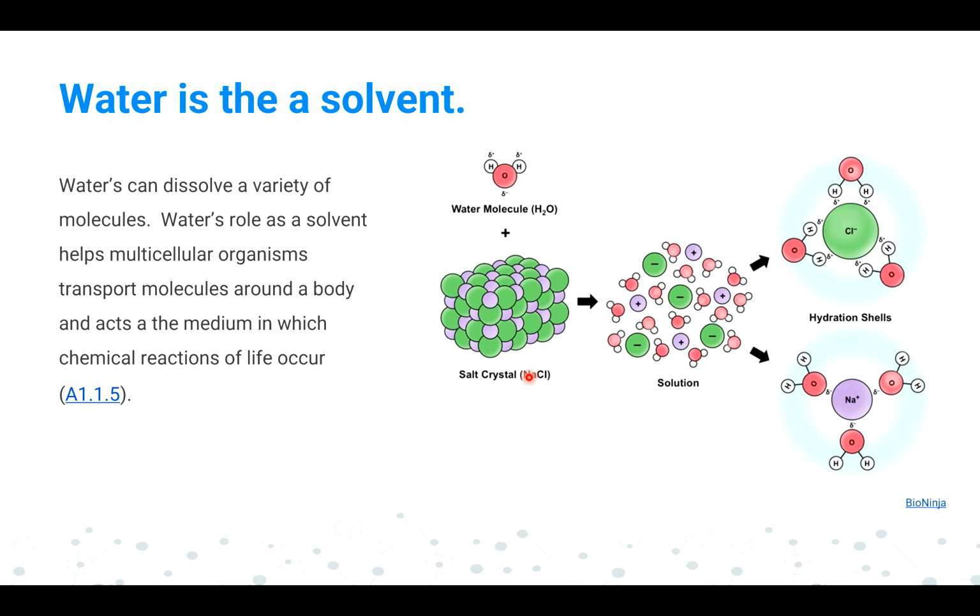So sodium is positive because it's a metal. Chlorine is a non-metal, so it will develop a negative charge. So when you dissolve NaCl, you will see this kind of formation. The water molecules create a boundary and cover the ions, right? So you will find that chlorine is in the center, and all the water molecules having delta positive charge, that means hydrogen, will surround the chloride ion, right? Because the chloride ion has a negative charge and hydrogen has a positive charge, so they attract and create a hydration cell.